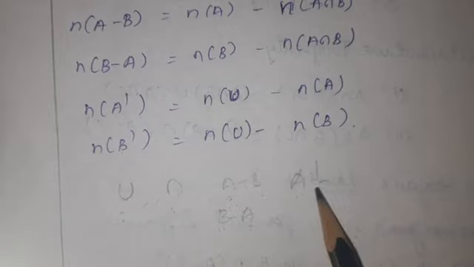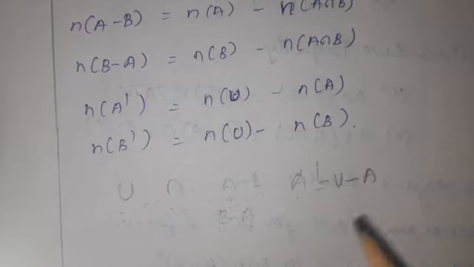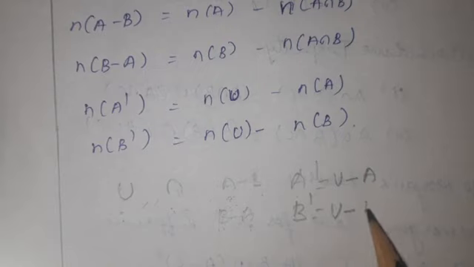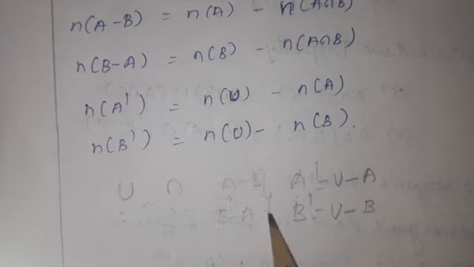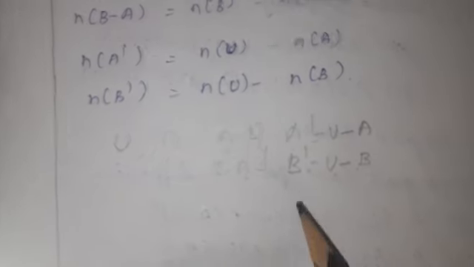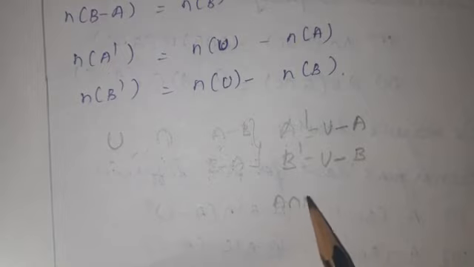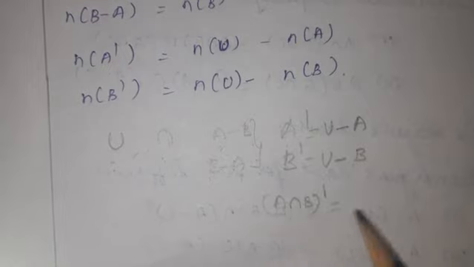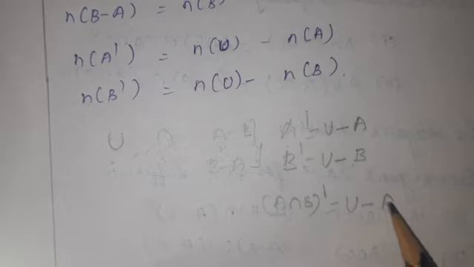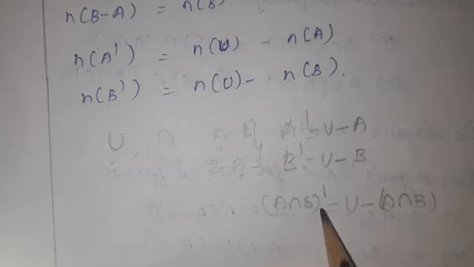Complement. Complement means you always subtract from the universal set. U minus A, whatever the question they have given. If B complement is given, it means U difference B. You know how to subtract. That is what I told, no, this method we have to use here. For example, here they ask A intersection B, the whole complement. How will you do? U difference A intersection B. First you should find A intersection B, then you should subtract it from the universal set, that is A intersection B, the whole complement.